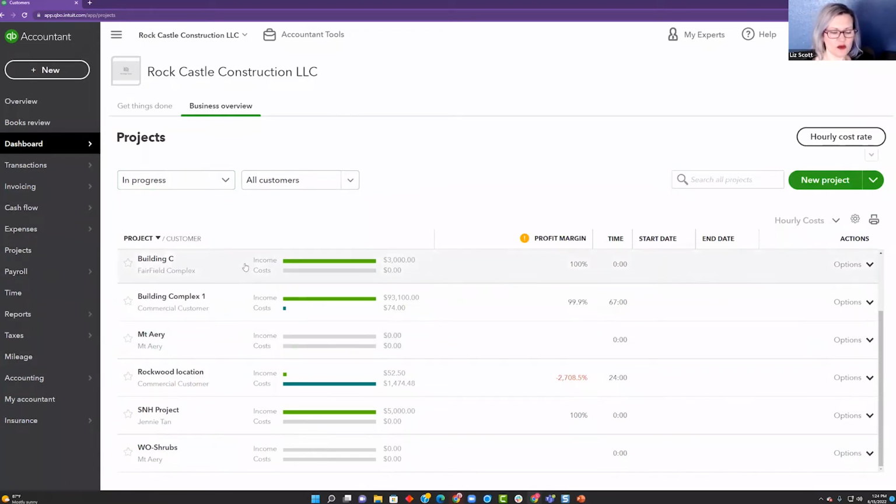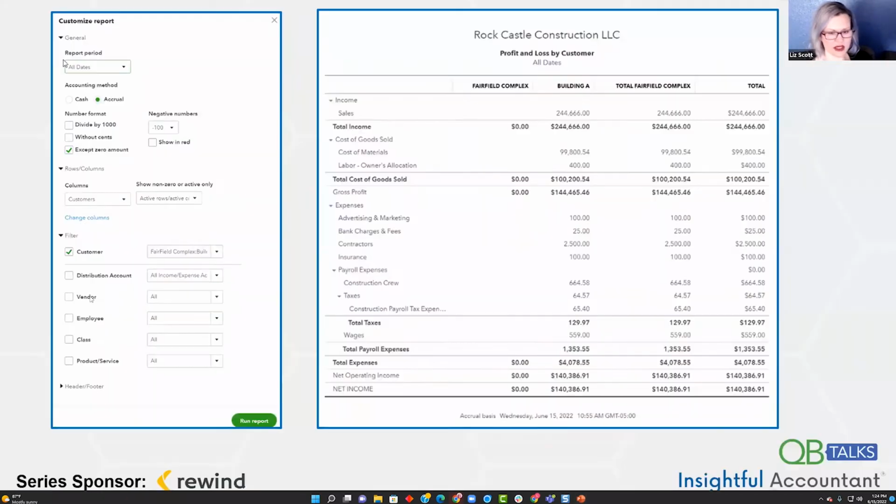The other thing that you might want to do is, if you are somebody who has been moving along with a particular customer and you're wanting to say, I'd like to go back and now change this into a sub customer to be able to say all of the income and the expenses are tracked by that sub customer, there's several steps that you can take in order to make sure that all of the tracking for that project is listed. I'm going to pull up the slides so that way you can see exactly what I'm talking about. Let me share my screen